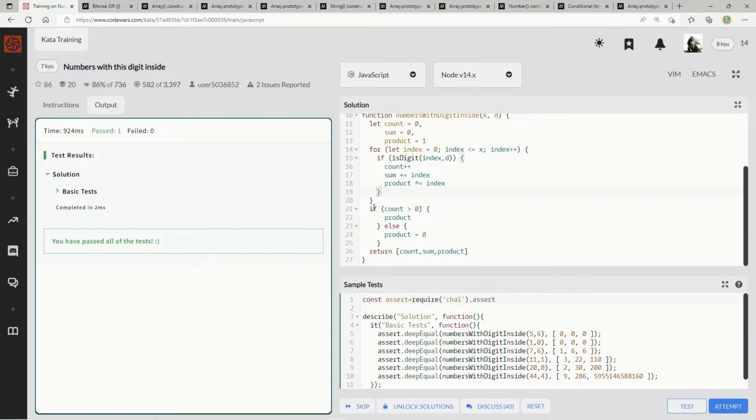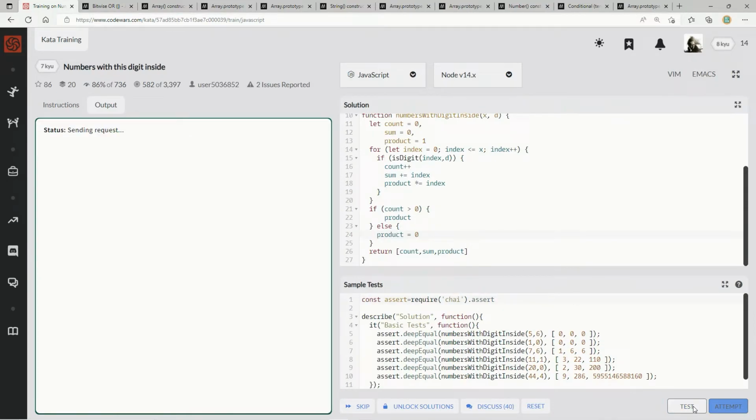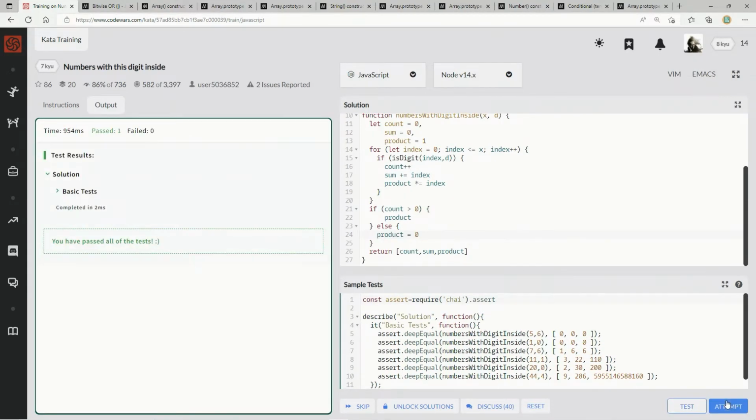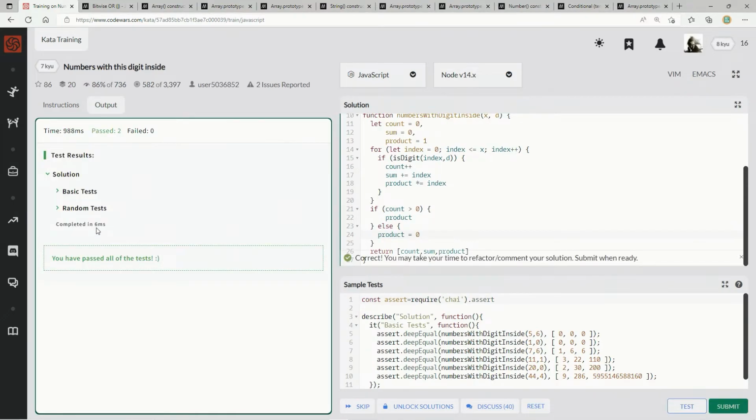All right, so make sure this is not inside the for loop. This is outside of the for loop right there. And other than that, it's looking pretty decent. Let me bring this back, and this back, and this back. All right, cool. Now it looks cool. Test it out. Let's attempt it. All right, 6 milliseconds. Now we're going to do the concise syntax,